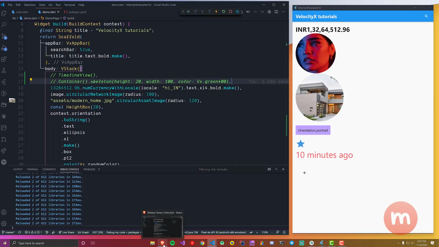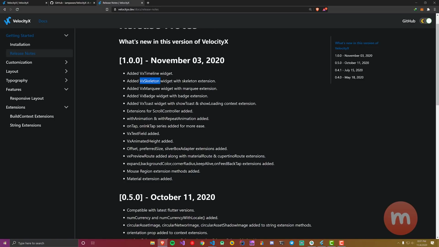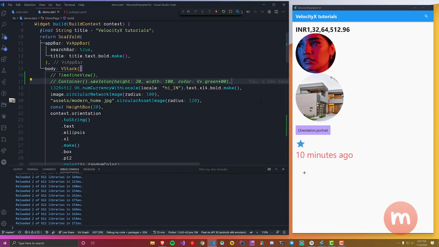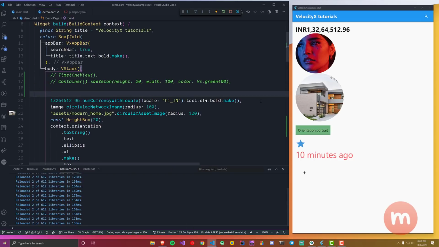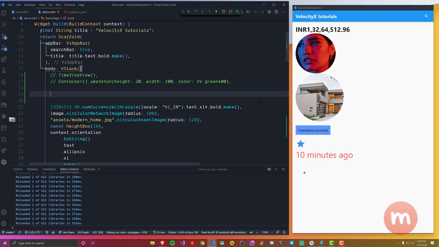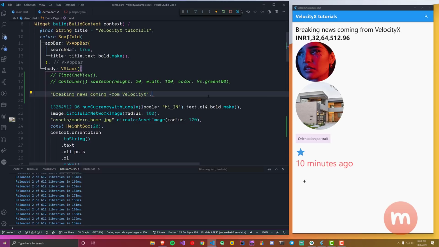Now moving ahead, let's talk about the next one, which is VxMarquee. So if you have seen any news channel, there is a widget which is running all the time in the bottom, and we can do that now in VelocityX. So this update is maximum covering animations and some other widgets. So let's see that. Let's say if I say breaking news coming from VelocityX,